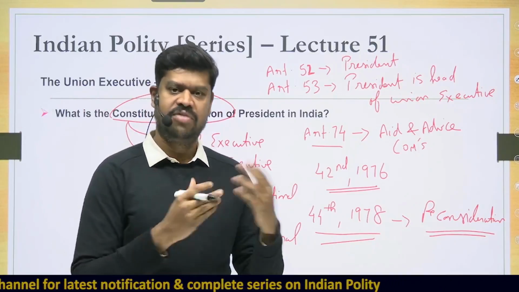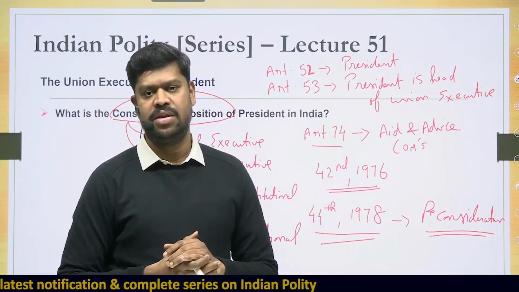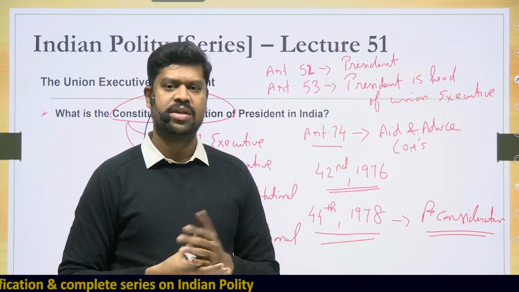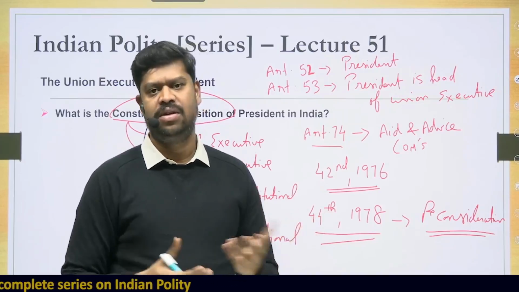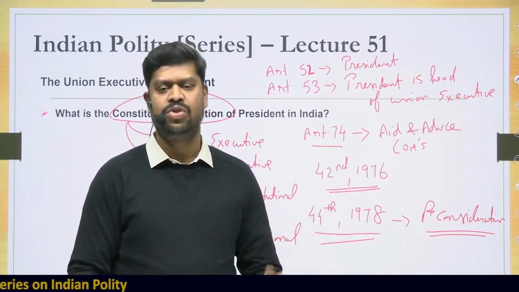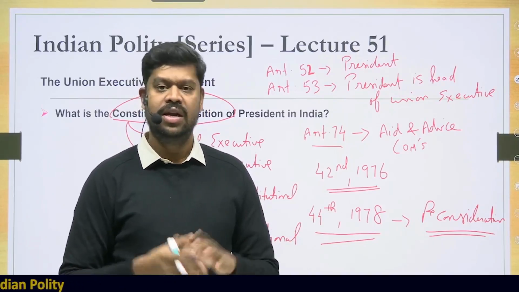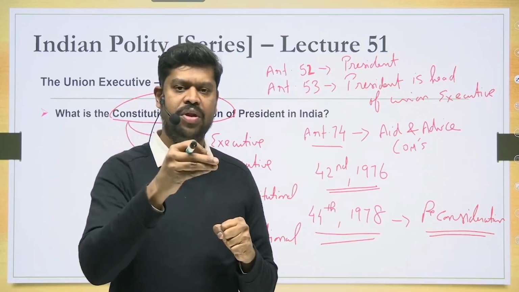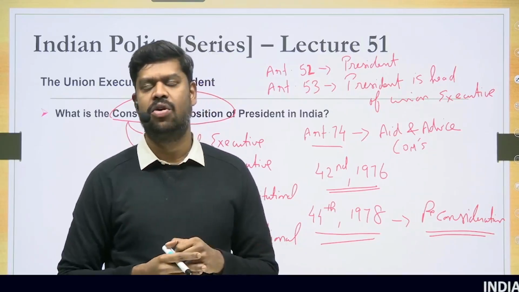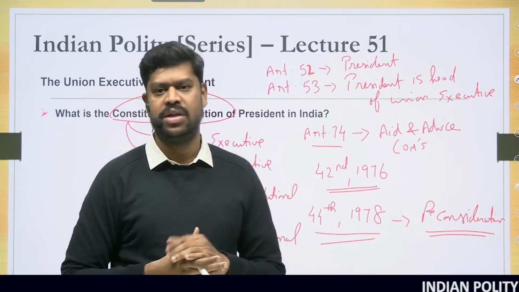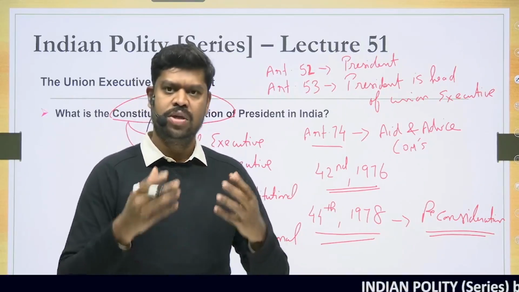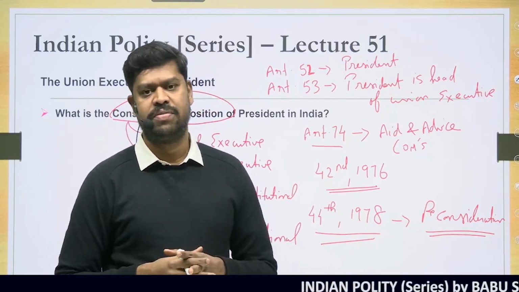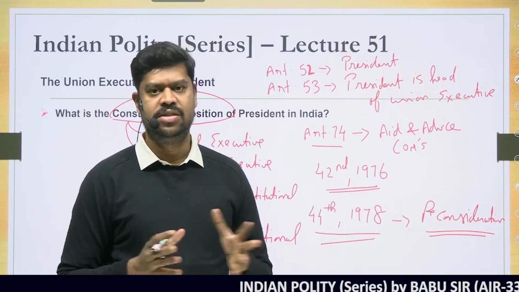Say, for example, after the death of Prime Minister Indira Gandhi, there was no obvious successor in the party. So every minister tried to become the prime minister and there was no consensus. And then the president of India, President Gyani Zail Singh, appointed Mr. Rajiv Gandhi as the prime minister, although Mr. Rajiv Gandhi was not even a minister at that point of time. So that was basically a situational discretion of the president, as to how the president exercised his discretion.